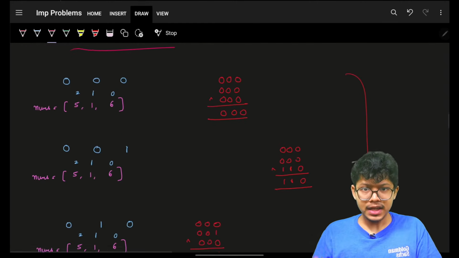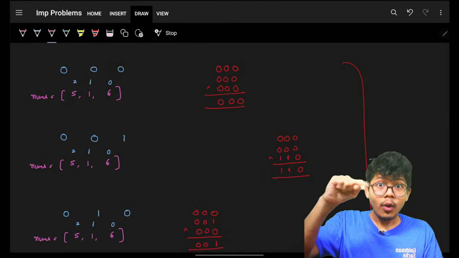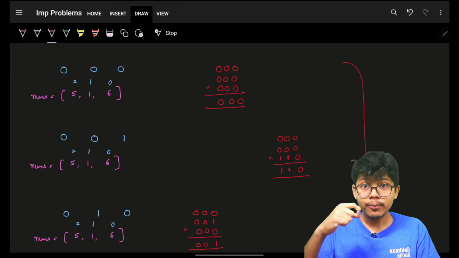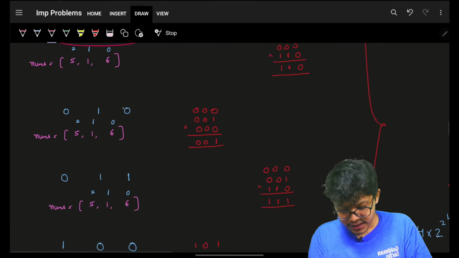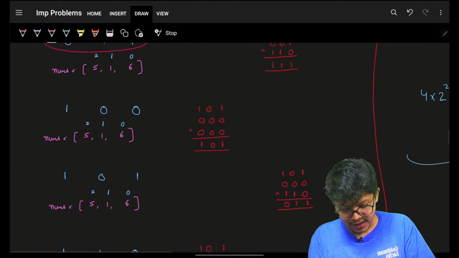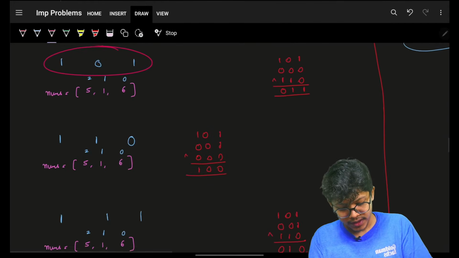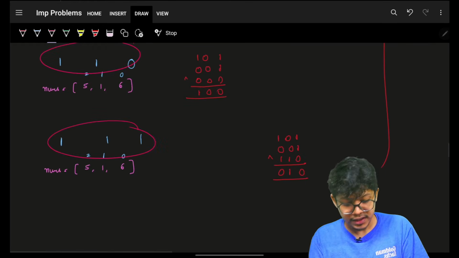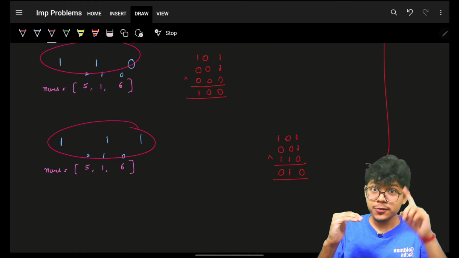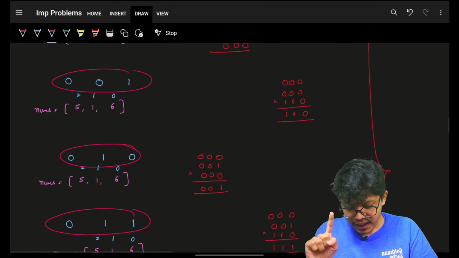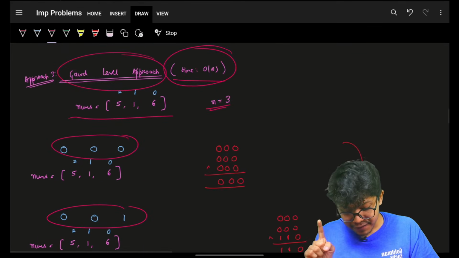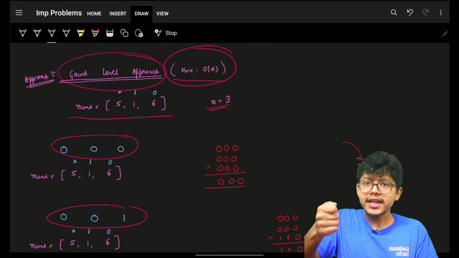So n is 3. What my earlier approach was doing was generating all the masks: 000, 001, 010, 011, 100, 101, 110, 111. So these are all the 8 masks which my earlier approach was generating, 2 raised to power n masks. Remember, for every mask I was going and checking the contribution of that